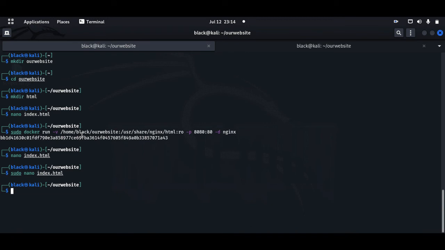So a few pointers, maybe a few places that might trip you up, or give you a little bit of hiccups here and there, is that you have to map the whole path. So for instance, you see we are in this folder, right? We are in our website, right? So you might be tempted to do this. Sudo docker run, and then you'd say that since I'm in our website, that should be